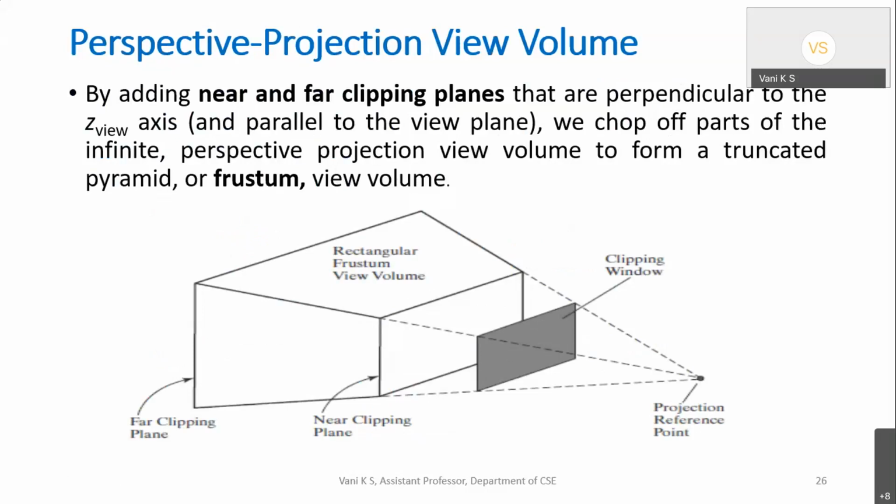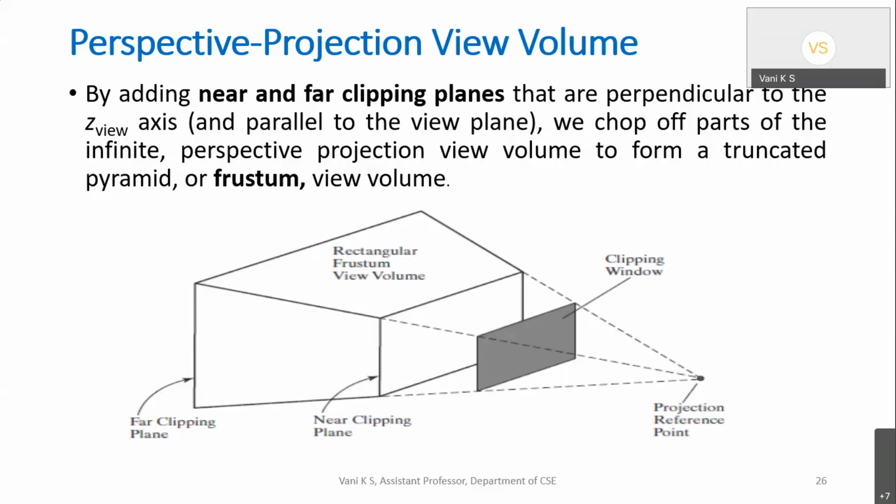Now we understood that in parallel projection, the view volume will be in the shape of a parallelepiped. What will be the view volume in perspective projections? The view volume will be in the shape of a pyramid. Whatever objects fall within the pyramid, we will retain. Whatever objects fall outside the pyramid, we will eliminate. I hope you are following about view volumes. What is my area of interest? Whichever are within this area of interest, I'll keep; whichever are outside, we will eliminate. So in perspective projection, the view volume will be in the shape of a pyramid.